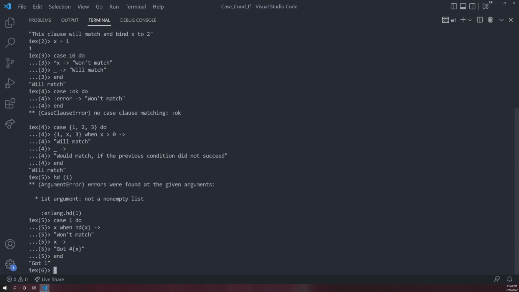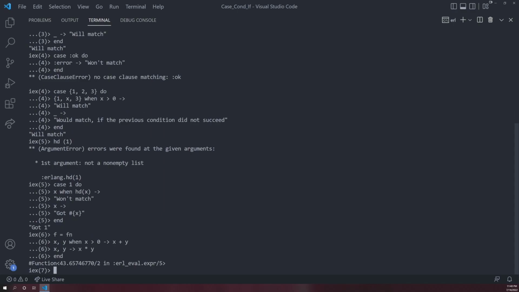This guard functionality can also be usefully utilized with anonymous functions, as we can include conditions on the parameters that are passed in and handle the values accordingly. This anonymous function is going to perform addition or multiplication based on whether the x value passed into the function is positive or not. So if we try passing in the positive number 1 first,